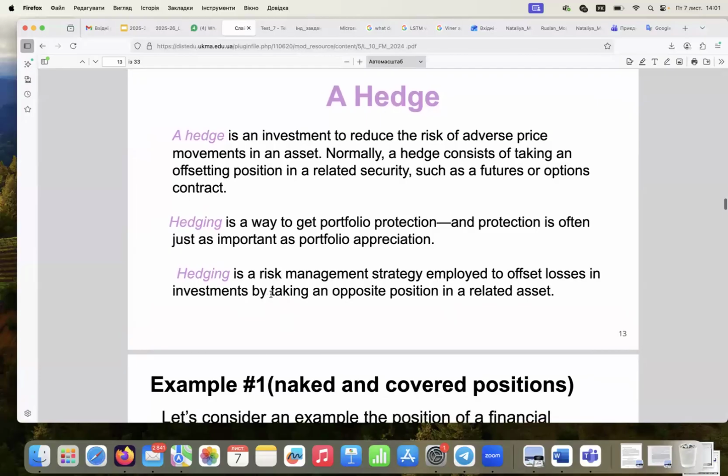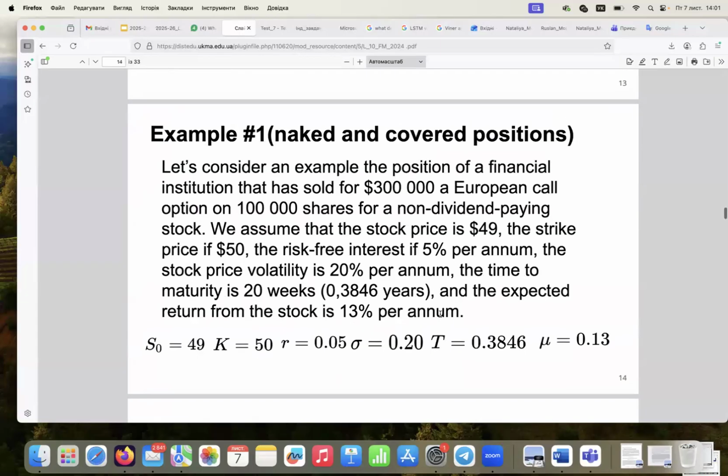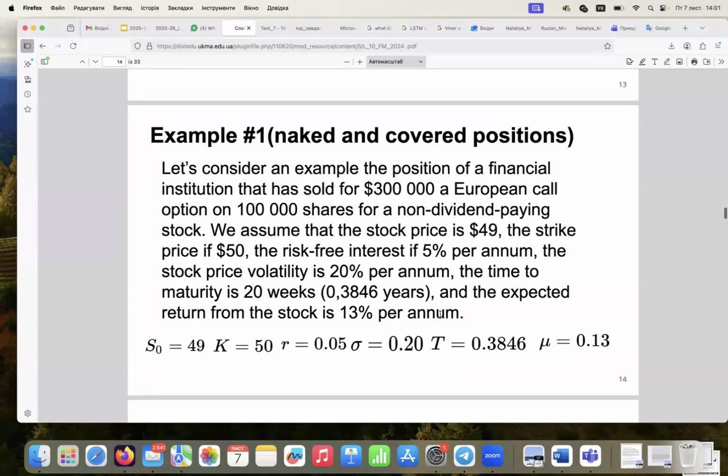Yes, and it is like taking an opposite position in a related asset. Okay, let me explain this in terms of some example. First, it is not like a hedge, it is a naked and covered position. What is a naked and covered position? Let's consider an example of the position of a financial institution that has sold a European call option on